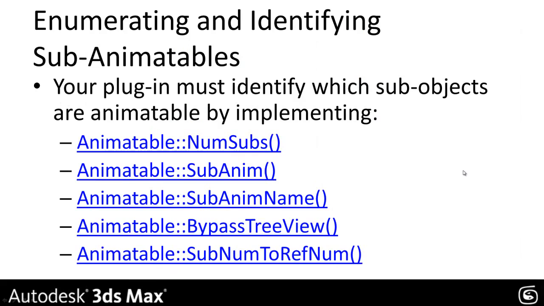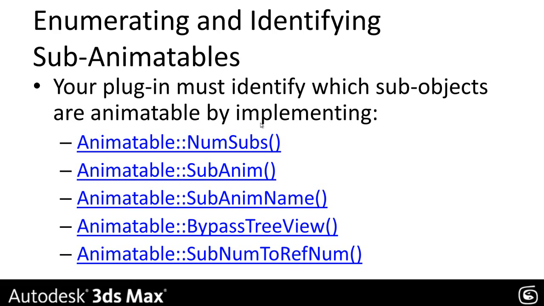So to enumerate and identify sub-animatables, you have to implement these things. You have to implement the number of subs, the sub-anim, where you return the one at the index being passed to you, and the sub-anim name, where given an index being passed, you return a string. Then you have the option to bypass the tree view if you don't want your object to show. And then there's the sub num to ref num. So this last one is used for